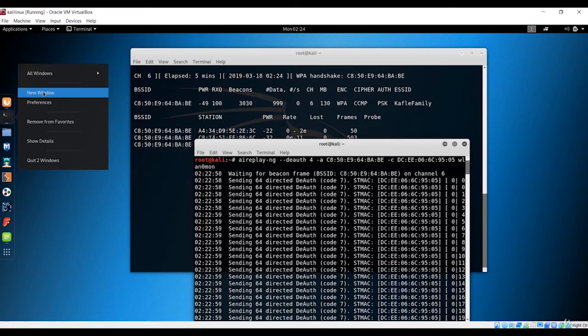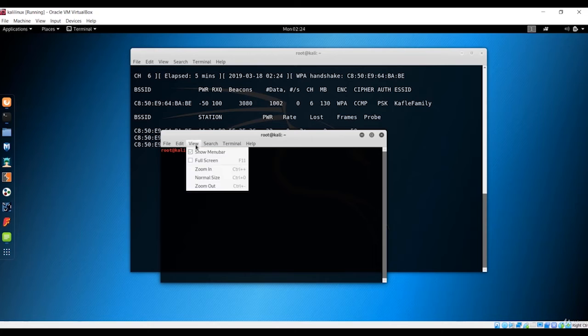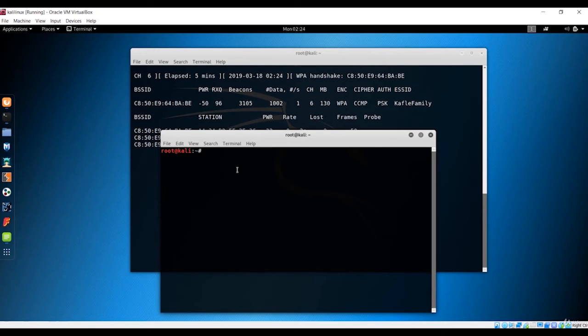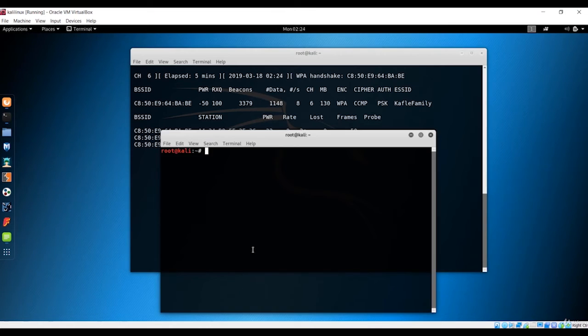I'll open a new terminal one more time, or you can also use this one. Over here what you need to do is use the crunch application. The crunch application is going to give us the word list. A word list is basically a collection of digits or numbers that this WPA network may use. The password can be a collection of digits, a collection of special characters, a collection of numbers, or a collection of alphabets. So we have to create that using crunch.